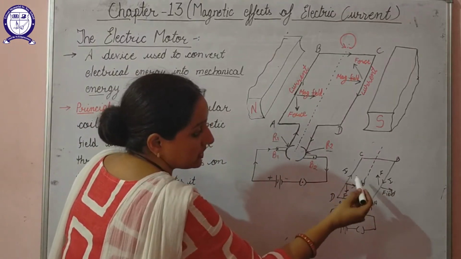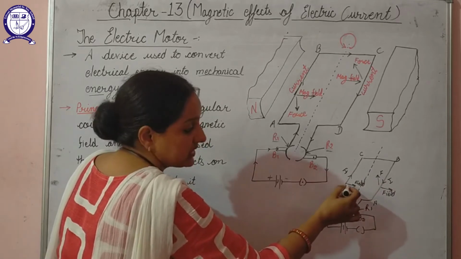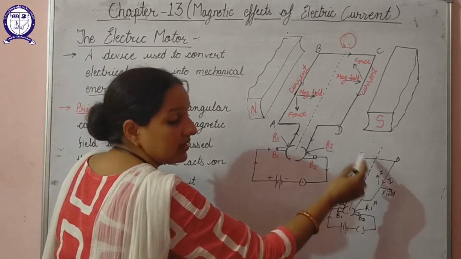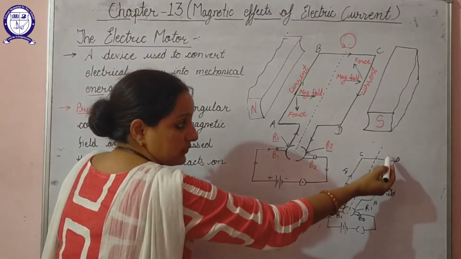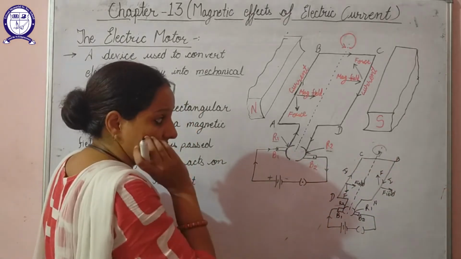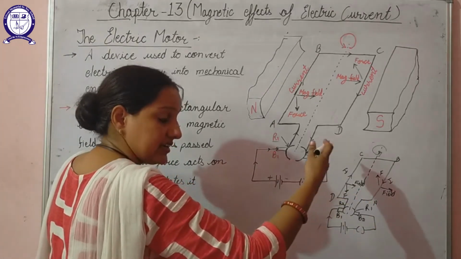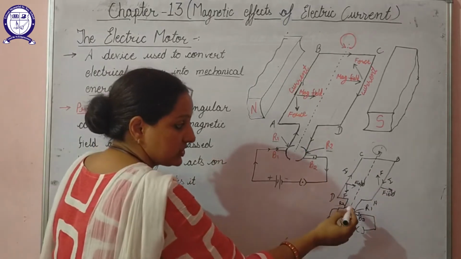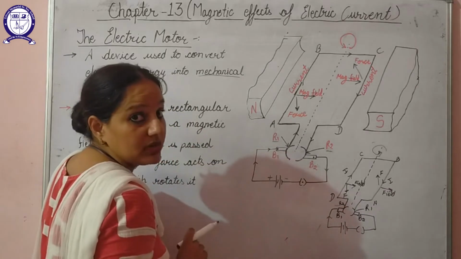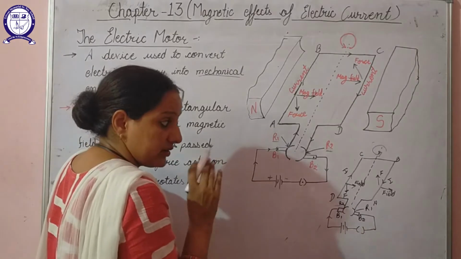Now after half rotation, if the direction of current has reversed, obviously the direction of force will also get reversed. Earlier in AB the force was acting in the downward direction, but now it will be in the upward direction, because of which it will again start to rotate. The direction of rotation is still anti-clockwise. That means it was in the horizontal position, and again it will reach the vertical position. After reaching the vertical position, the carbon brushes will come in contact with the gap between these two commutator halves. So again the supply of current will be cut off and no current will flow.